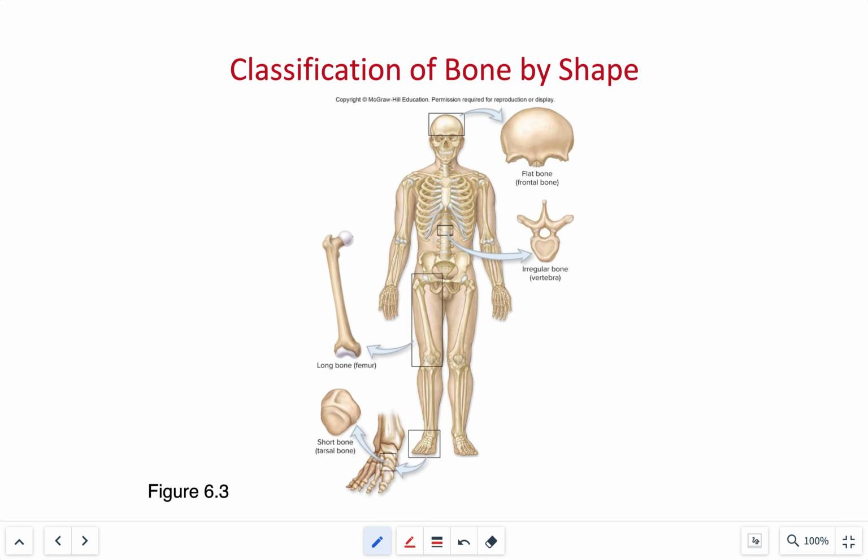So in slide number 3, what we have is basic classifications of bones by shapes. There are over 206 major bones in the human body, and their primary functions are either that they're going to store minerals and energy reserves. 90% of our calcium reserves are stored in our bone. It is also a site for